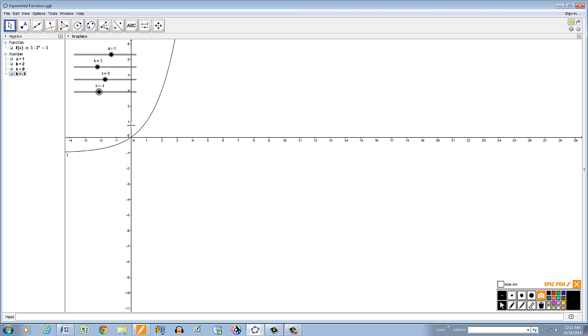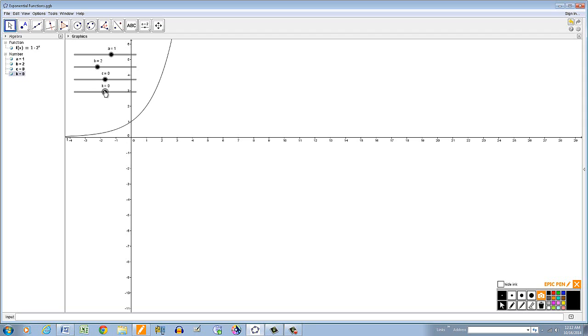to a negative 1. Now notice instead of passing through 0, 1, it passes through the origin, and now the graph drops. So now the horizontal asymptote is at y equals negative 1. Domain is still the same, but the range now goes from negative 1 to infinity, not including the negative 1. Okay, let me put this back to